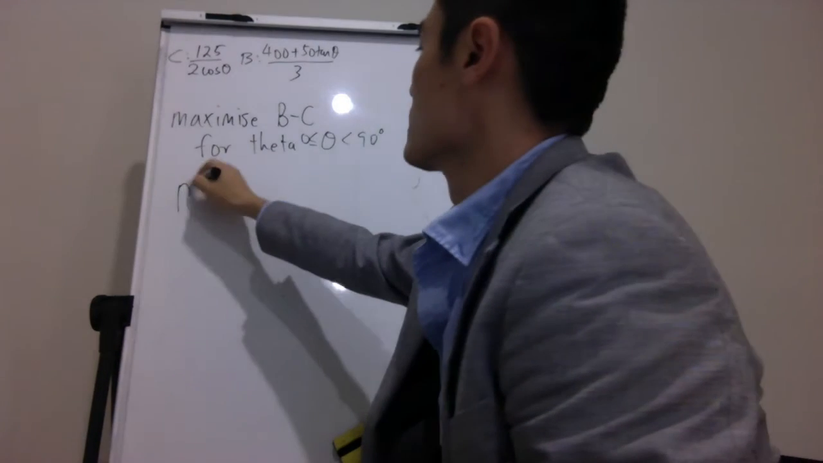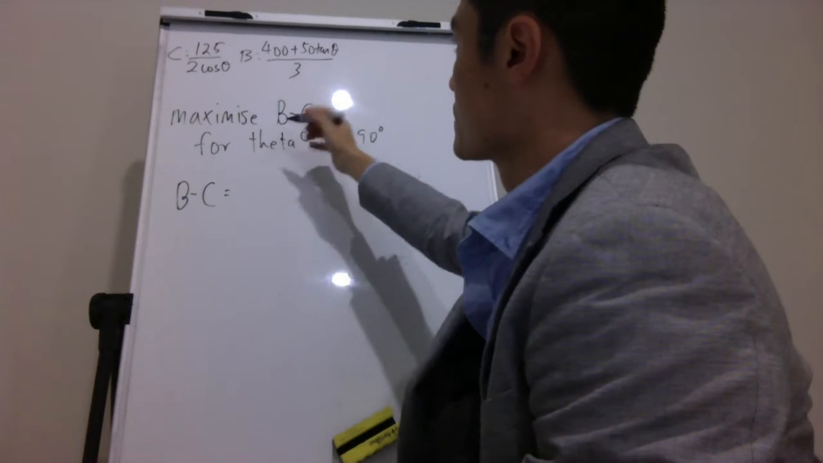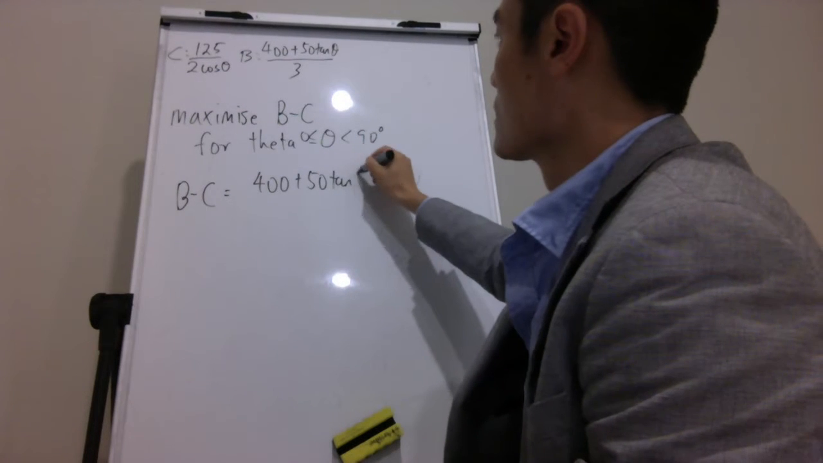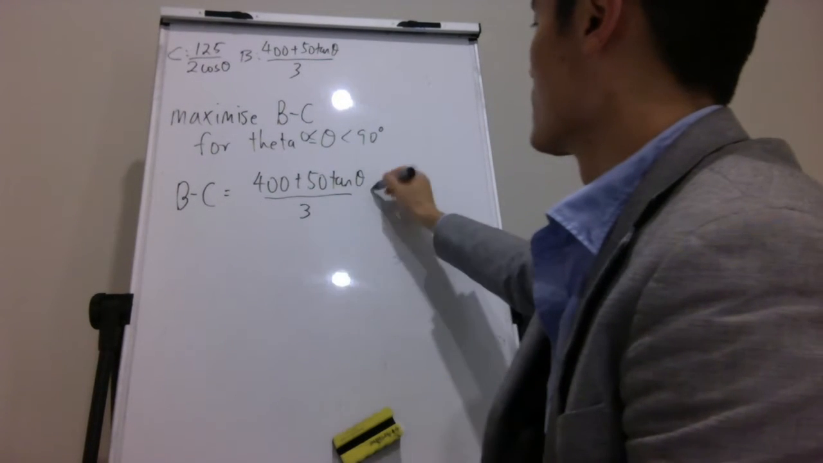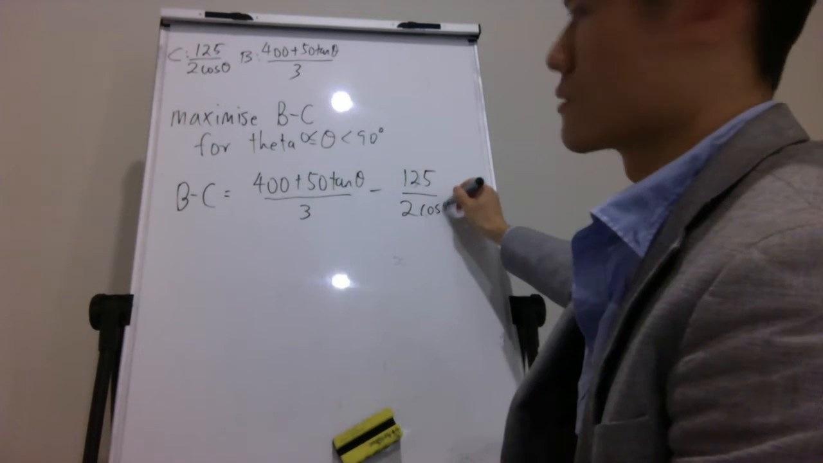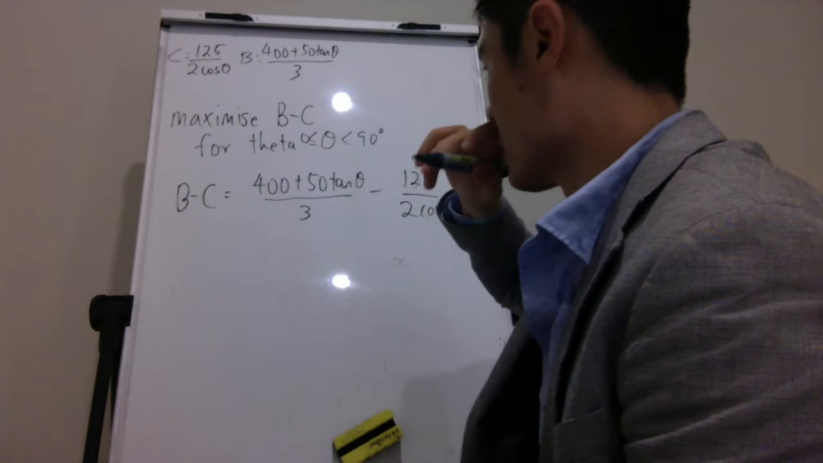B minus C equals 400 plus 50 tan theta over 3 minus 125 over 2 cosine theta. Okay, and then to maximize this over theta,